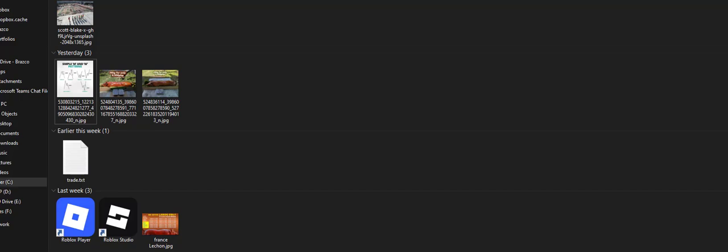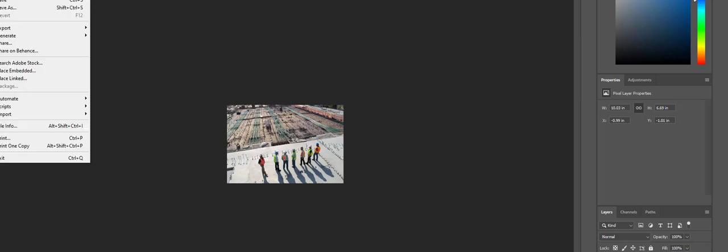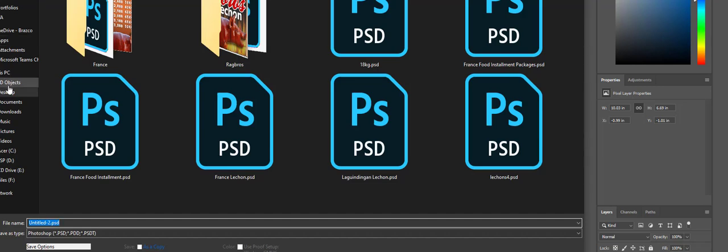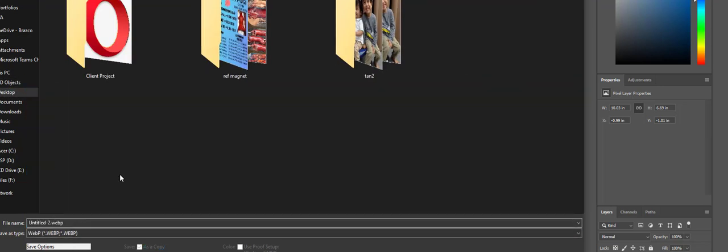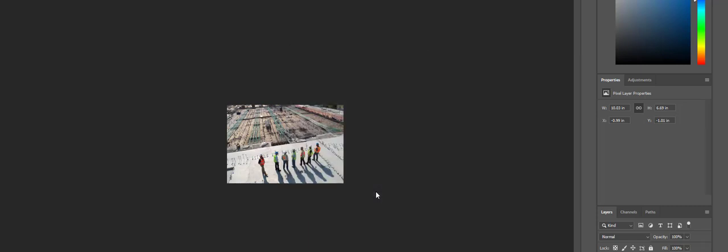So let's save first the edited dimension. Let's just name it web speed. Okay, save.